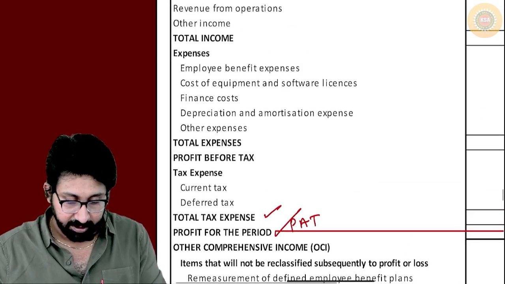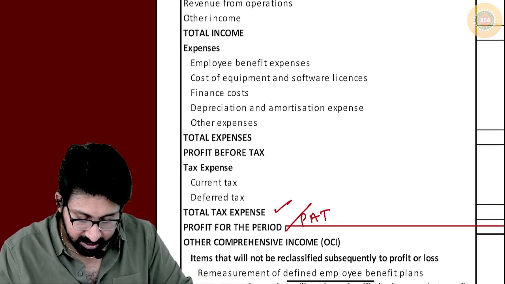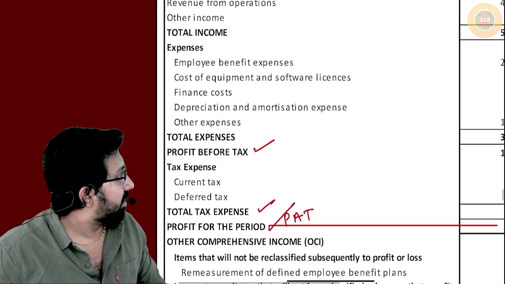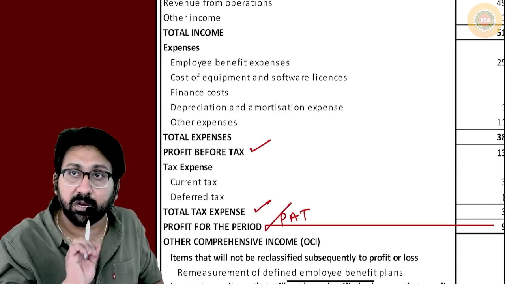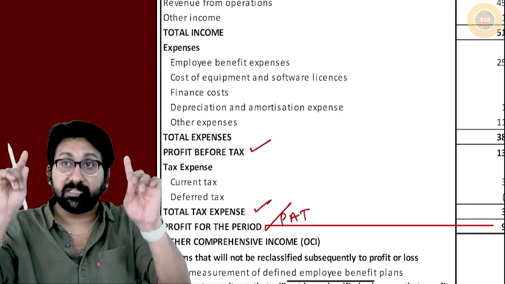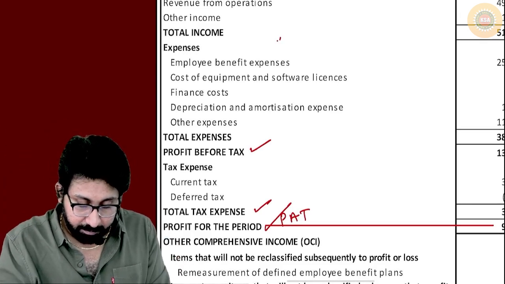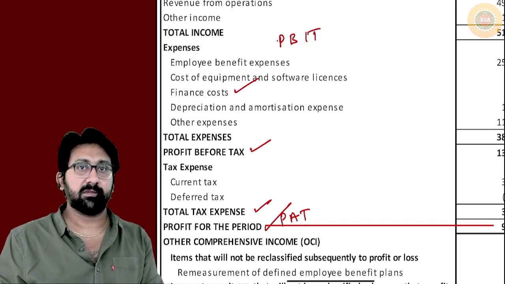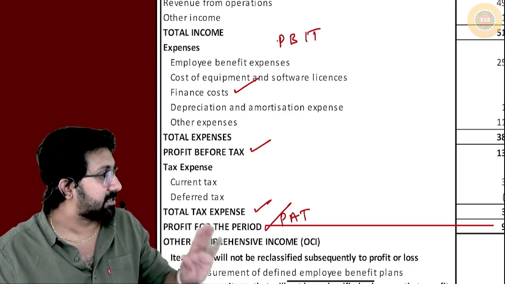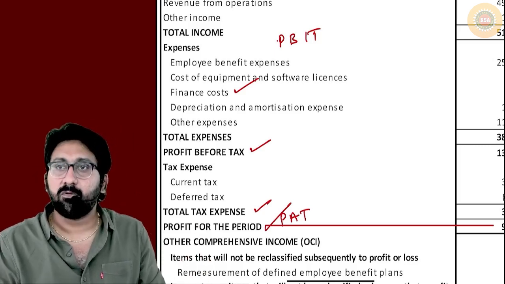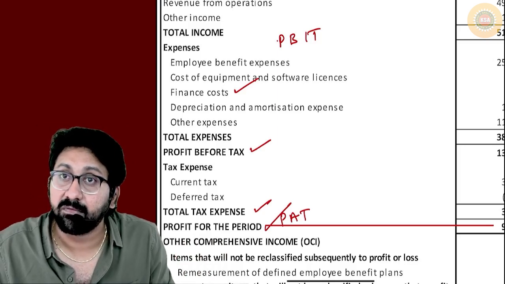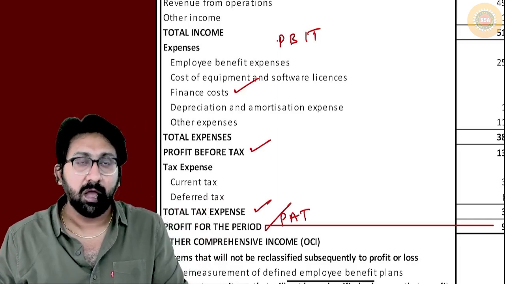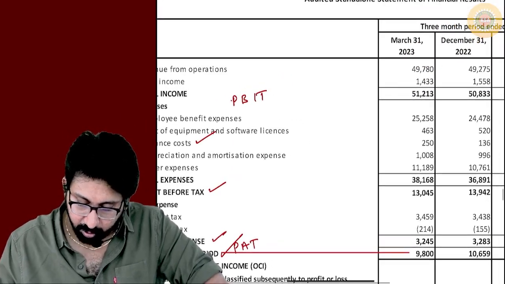Very good. Now I will ask you one question. What is this? Profit before tax. That means tax expenses are deducted from that. Correct or not? Now think and answer. I want profit before interest and tax. What should I do? Add this. What do I need to add? Finance cost I have to add. If I add finance cost, I will get operating profit. Which profit will I get? Operating profit.